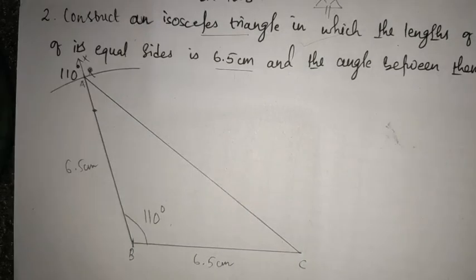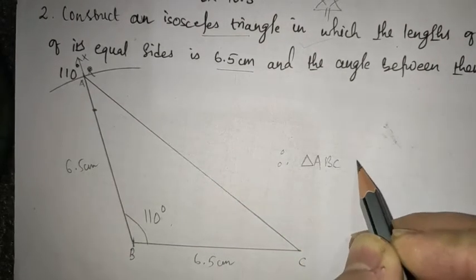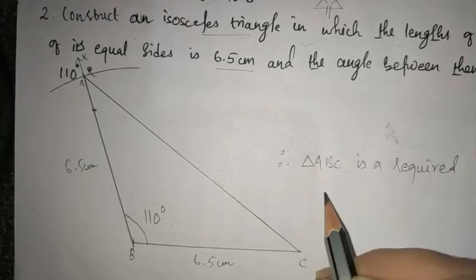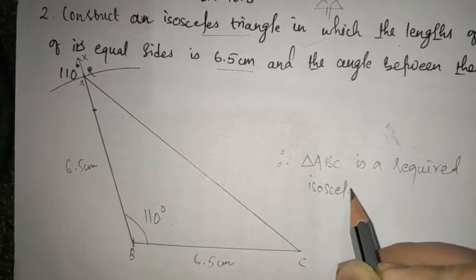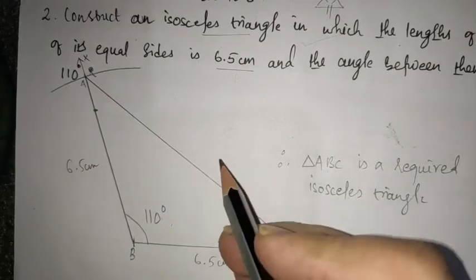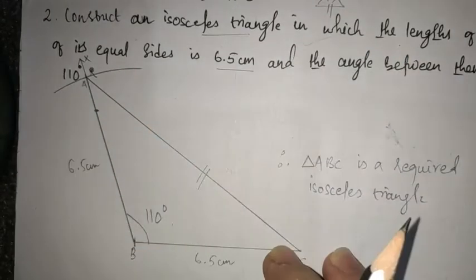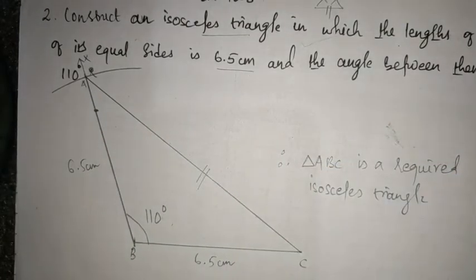Alright. So you can write, therefore triangle ABC is the required isosceles triangle, right? In which two sides are equal and one side is unequal. So you don't have to measure this. They just asked us to draw in such a manner. Okay, so let's proceed to our classwork for today, which is our question number 3.